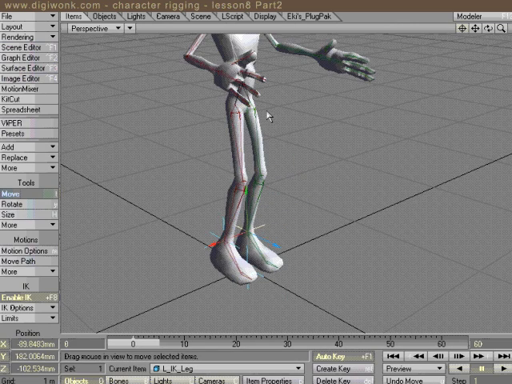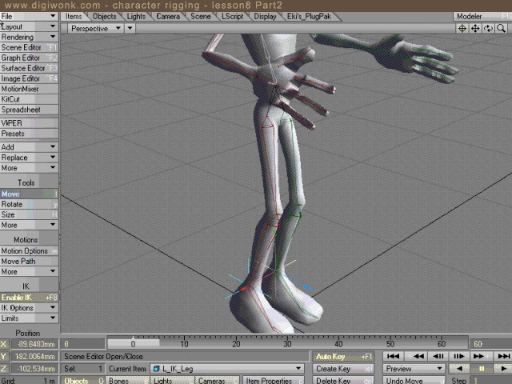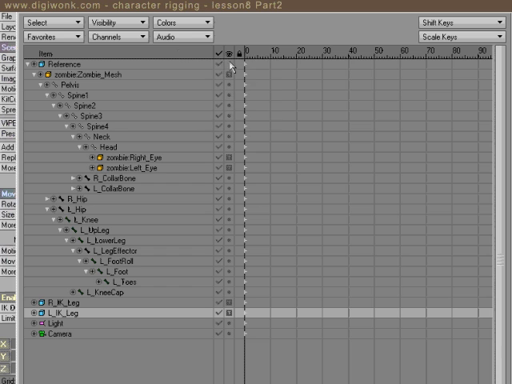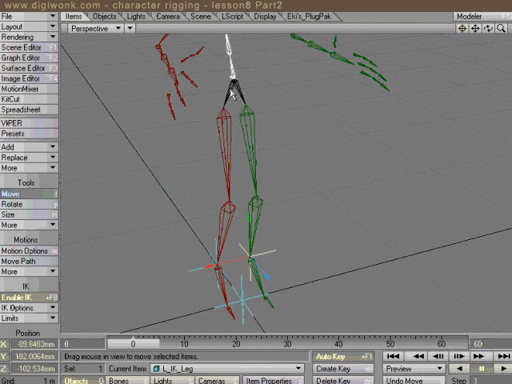Okay, now to make things a little bit easier, let's go back to our scene editor and just turn off our geometry for a minute. Oops, nope, that was the reference. There we go. And the first thing I'm going to do is head in, and if you middle click